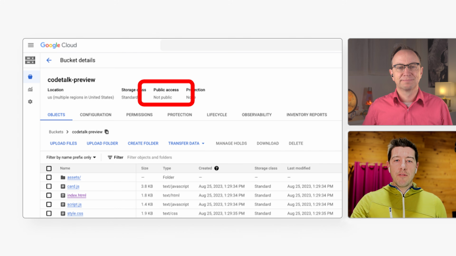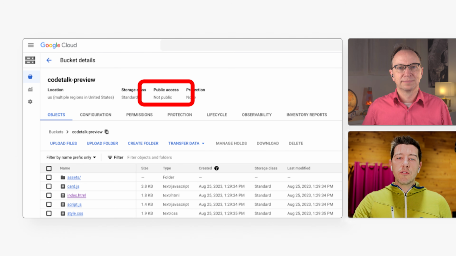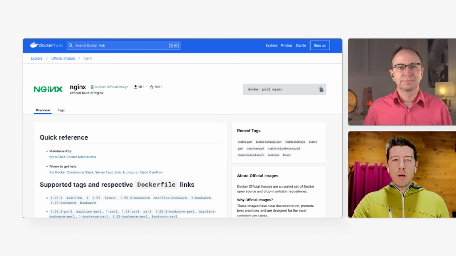So here we have your cloud storage bucket blocked from public access. But we can set things up so your Cloud Run service can read it. We need to create a Cloud Run service for the web server, and we can use the Nginx base image directly from Docker Hub.